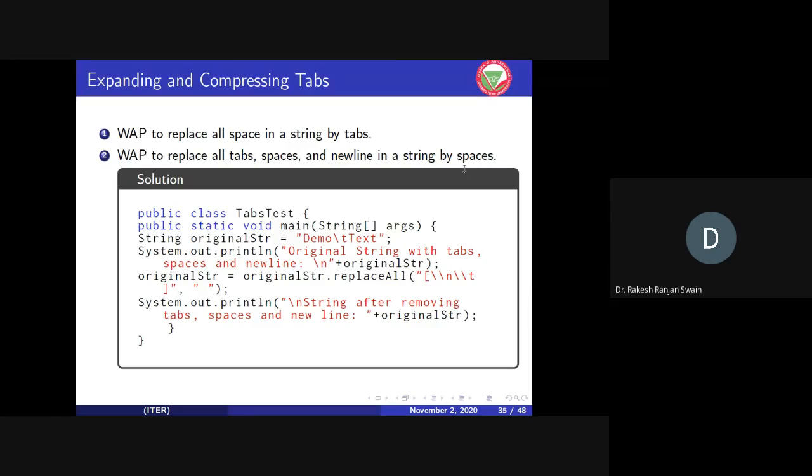It performs only for a single type, if you want to replace a single character. But if you want to replace all the spaces, all the tabs, you have to use the replaceAll method. Let's see one example.